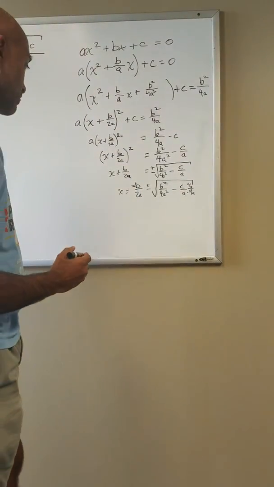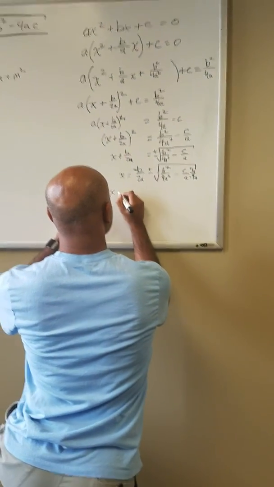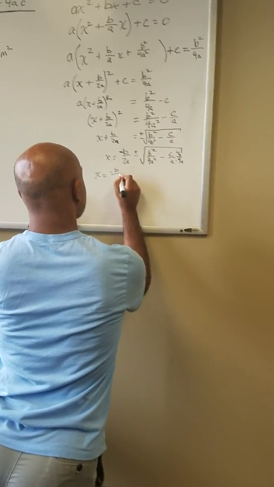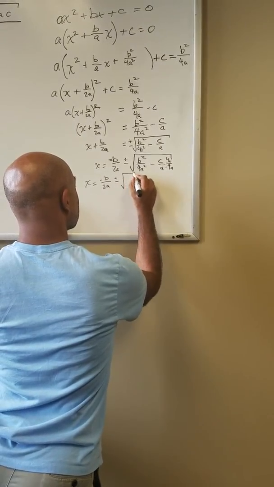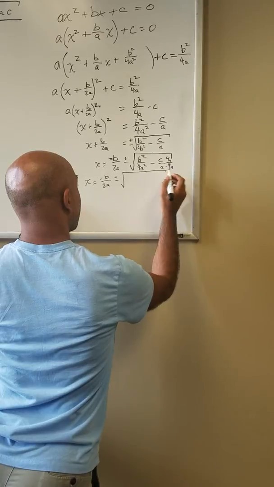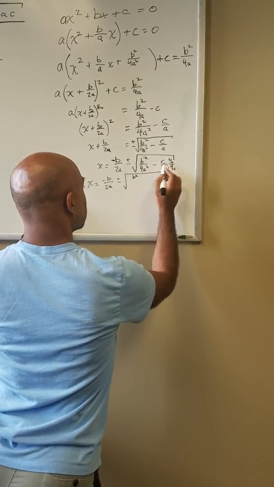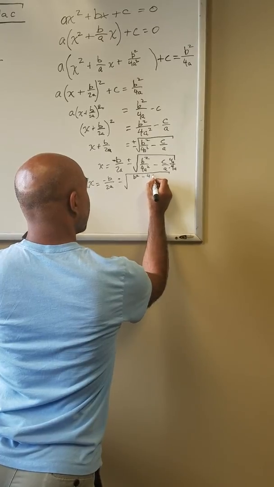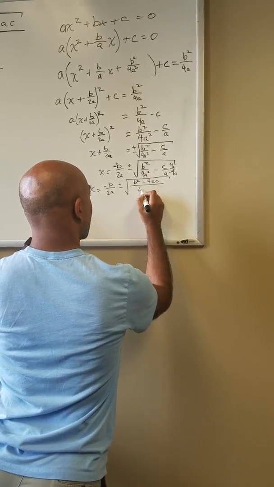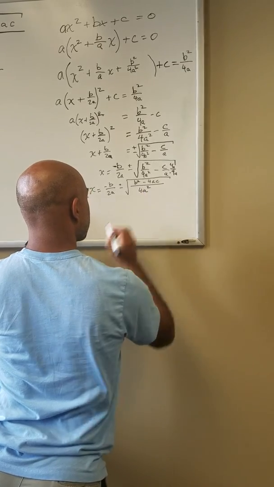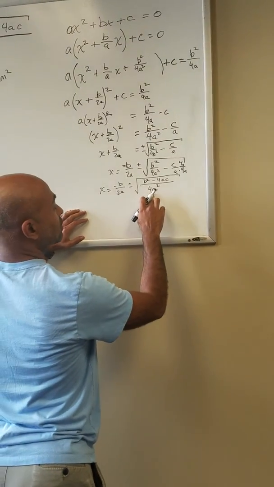So what we get when we do that is x equals negative b over 2a plus or minus the square root of b squared minus 4ac over 4a squared, okay? And we know that the square root of 4a